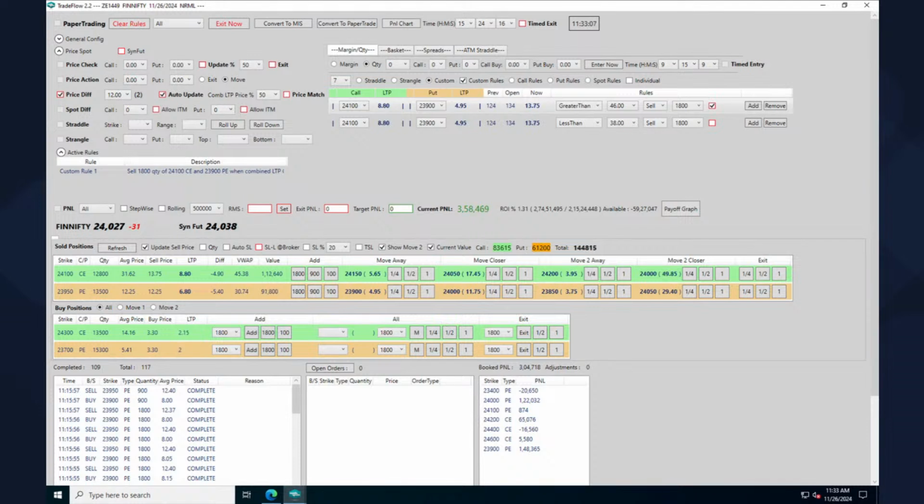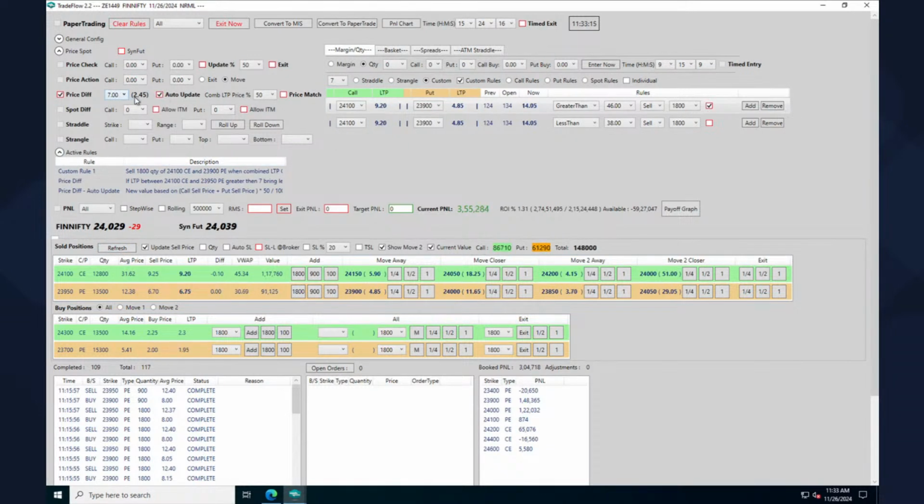I think there are two alerts that I have, and then there is one condition that I have put here. This is a very simple condition. As you can see here, I'm not sure if it's visible to you. What would happen is, in case the last traded price of these two, let's say this is right now 9 plus 7, which is about 15. Let me just do a custom. Yeah, it's about 16.75, right? When the difference becomes